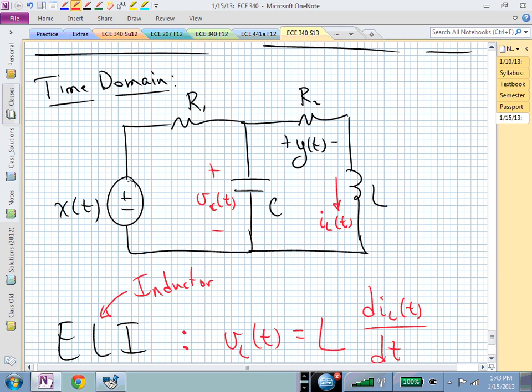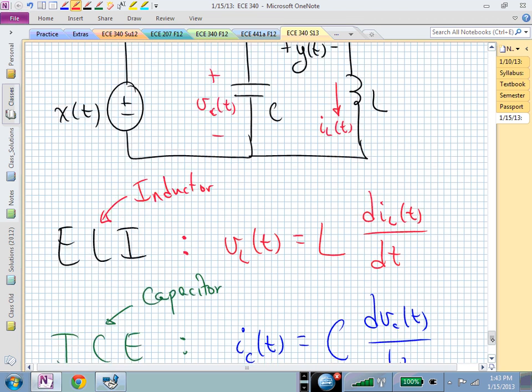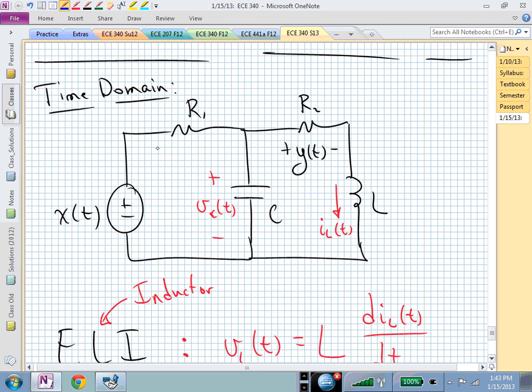So from mesh 1, I sub 1, I can write in terms of this capacitor voltage and this inductor current. What's the current through this capacitor? Well, in terms of this capacitor voltage, it's ice, isn't it? This current